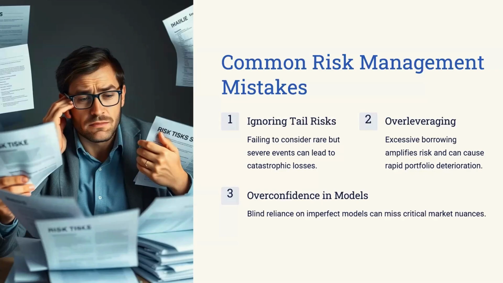For an analogy, imagine building a house. Ignoring tail risk is like not checking the foundation of a house in a seismic zone. Over-leveraging is like building too many floors without reinforcing the structure, making it too heavy and unstable. Overconfidence in models is like trusting a blueprint implicitly without considering the actual terrain or weather patterns. For an application example, a hedge fund uses high leverage on a seemingly safe bond strategy; an unexpected liquidity crisis causes bond prices to implode due to over-leveraging and ignoring tail risk. Let's move to the next slide,